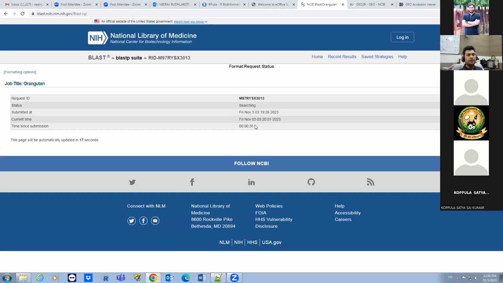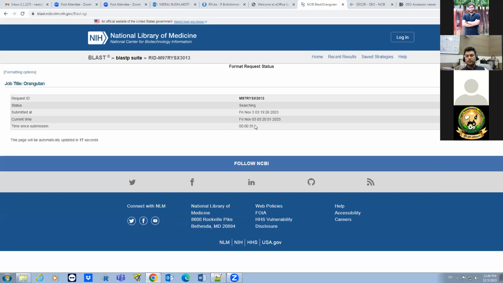This BLAST is mainly used to search the similarity of our sequence. Suppose you find a sequence and you do not have any annotation for it, so better you BLAST. This term is so famous that people now use it in place of searching. They say "do BLAST". This term is so famous among bioinformaticians and biologists.